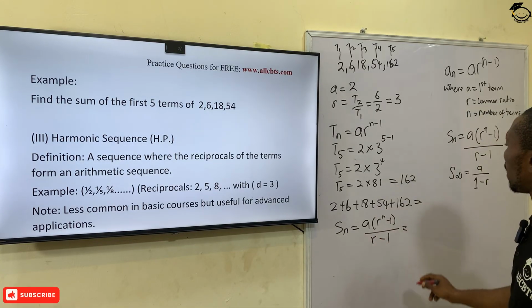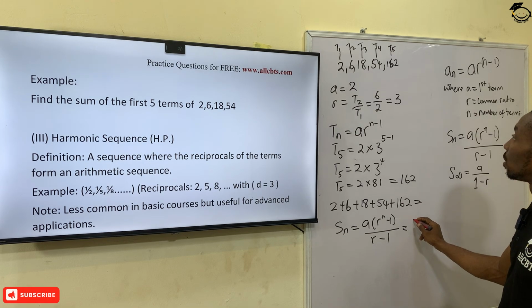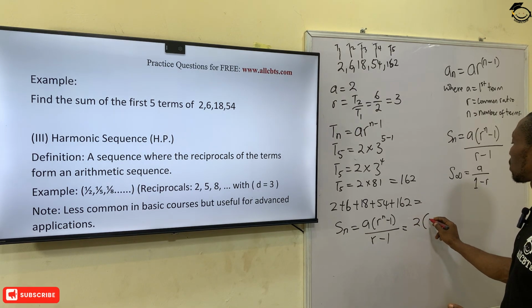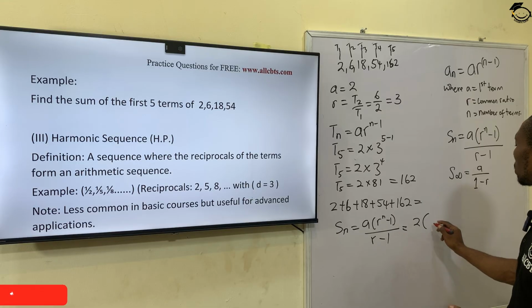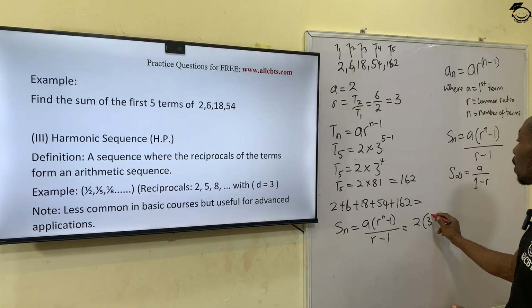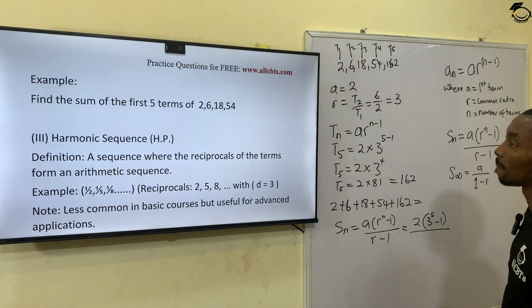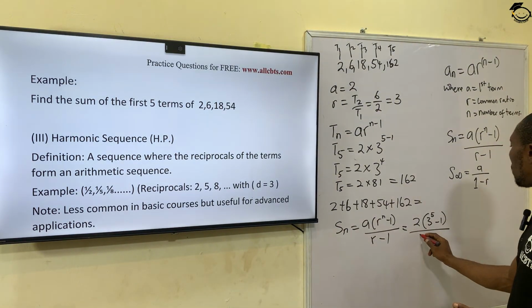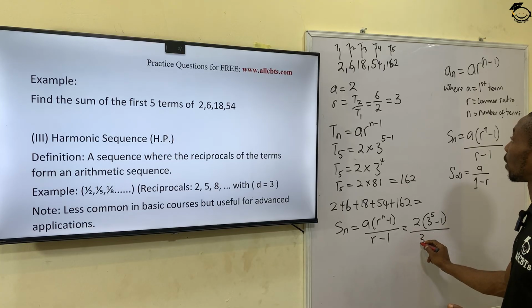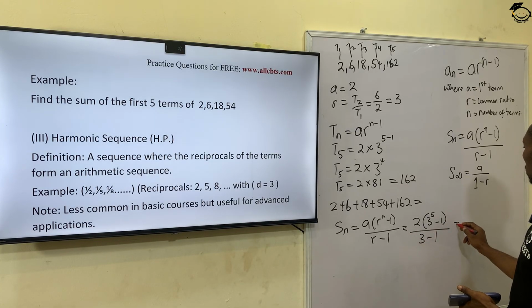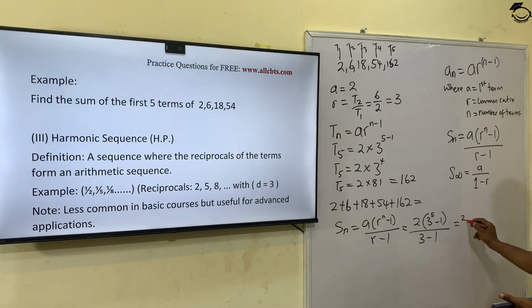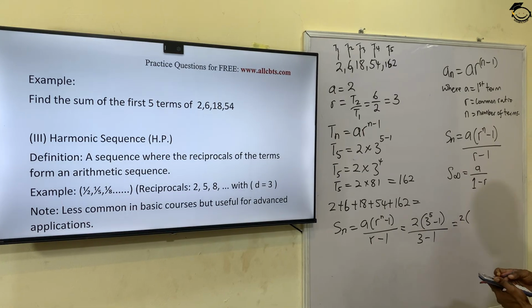Where our a would be 2, brackets, our r is what? 3, raised to power 5 minus 1, all over our r, which is 3 minus 1. So this gives us 2 brackets 3 raised to power 5